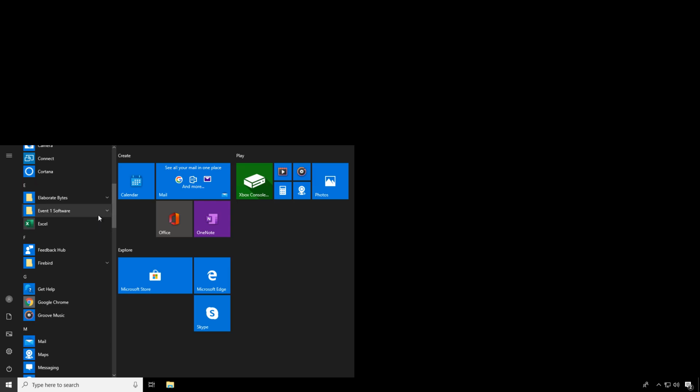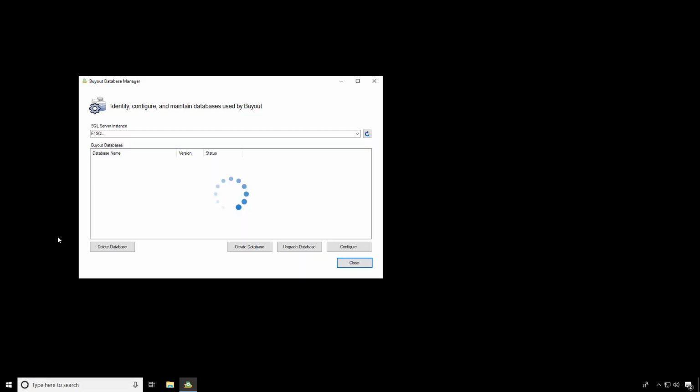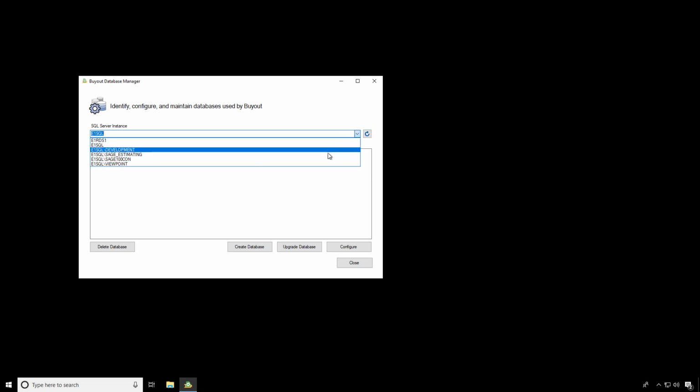To get started, we'll click on Start and then the Event 1 Software Program Group, and then click on Buyout Database Manager. The first thing that we must do is identify the SQL server where the buyout database will reside. You can click the drop-down list, but notice that initially there are no entries already in the list. Click the refresh button to the right, and now the list is populated with all of the available SQL servers on your network. Select the desired SQL server,